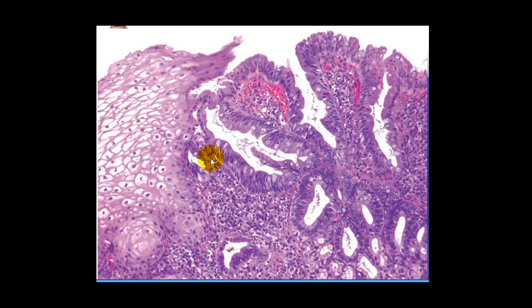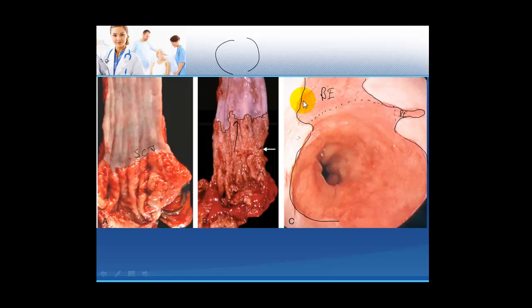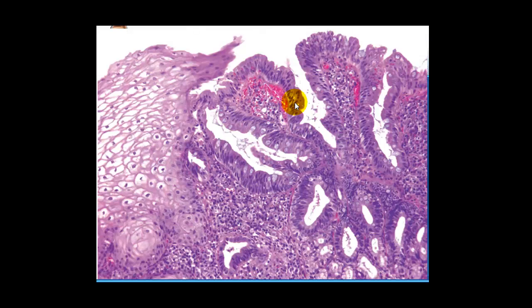Now what do you see here? On the left side you can see a very nice arrangement of squamous cells, right? All these are squamous cells. Everywhere you can see squamous cells, but here you can see they are turning into columnar cells. If you tell me that this is from the normal squamocolumnar junction, I will believe you, but if you tell me that this has been taken from somewhere here, then I'll be quite worried. Then I'll be thinking of Barrett esophagus rather than a normal gastroesophageal or squamocolumnar junction.